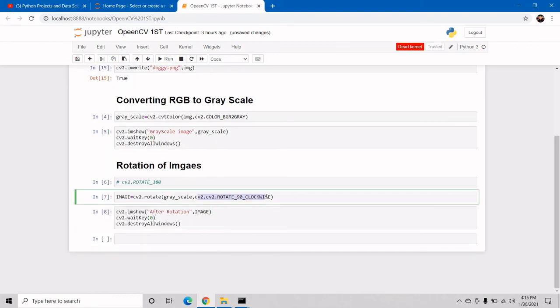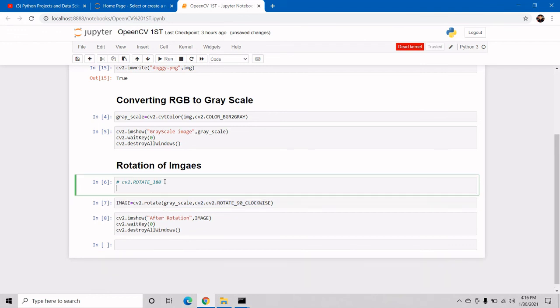One is ROTATE_180, and another one is cv2.ROTATE_90_COUNTERCLOCKWISE. So you can search on the internet. There are a lot of options over here.